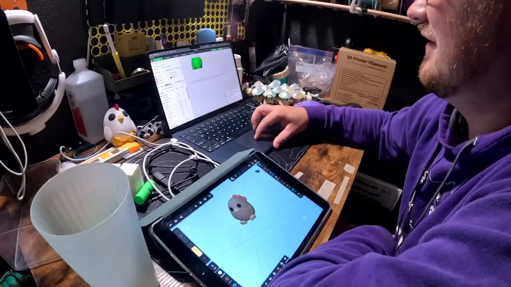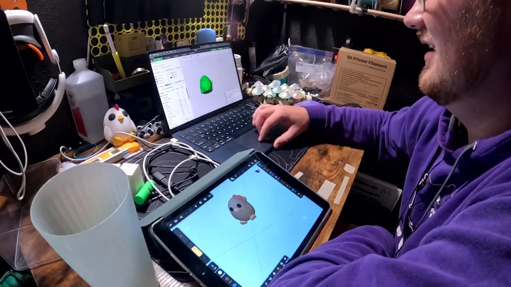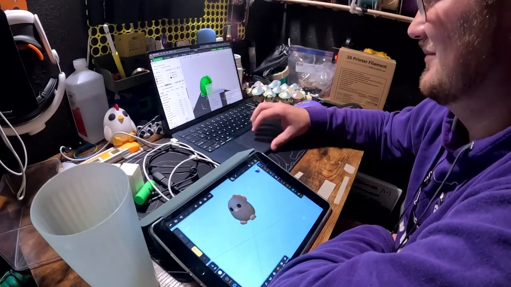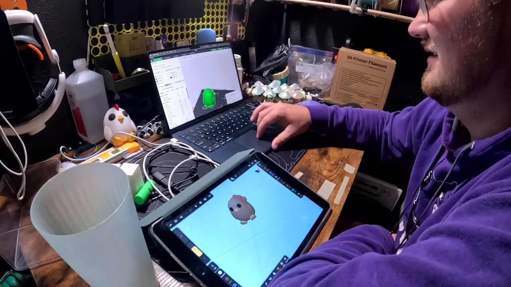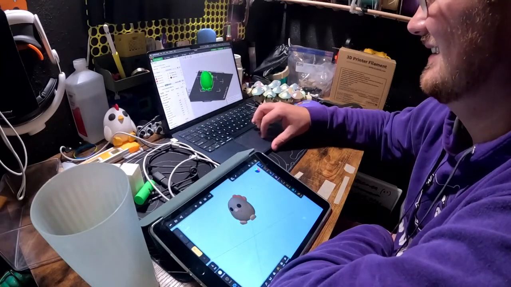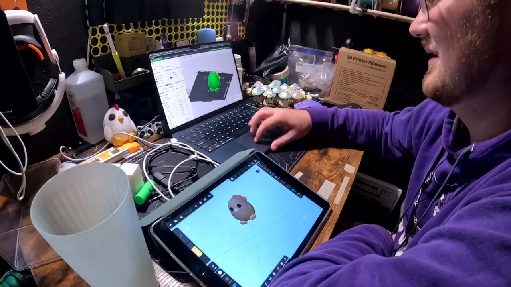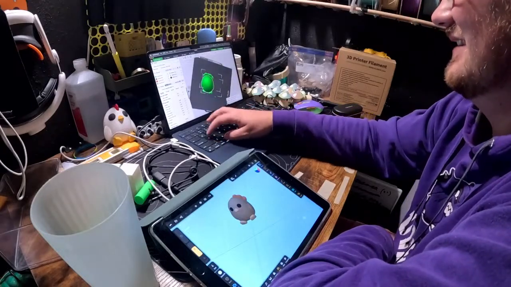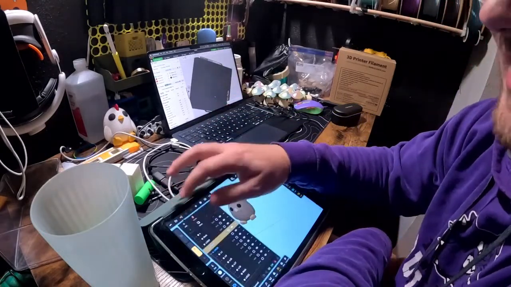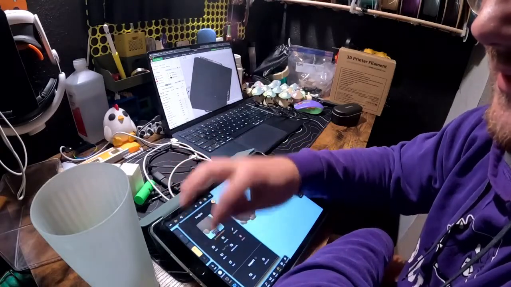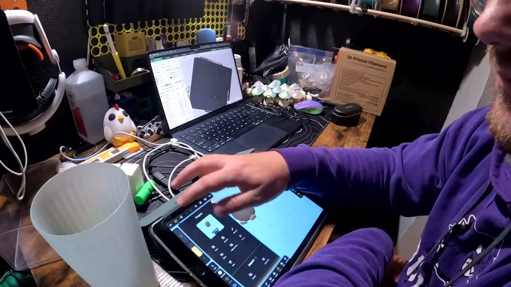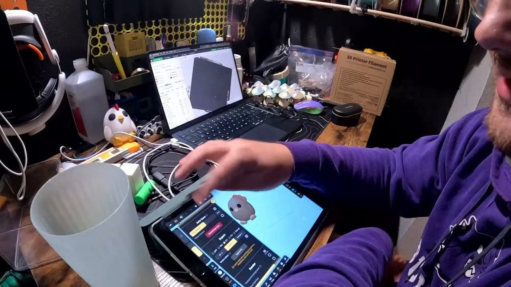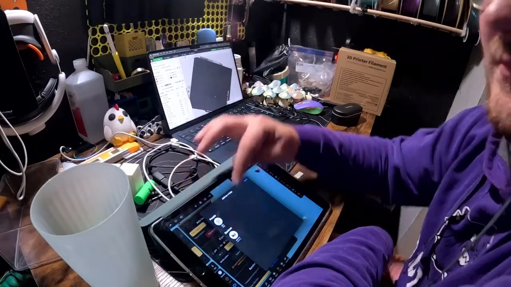Just because if I were to go in and separate the objects in here, it would separate everything like this. Here, split to objects. It's going to literally split the entire thing apart into totally separate pieces. So that's not. Anyway, we'll go back out here. Let's make sure this is saved really quick. And we're going to export as an STL once again, and AirDrop directly to my computer.